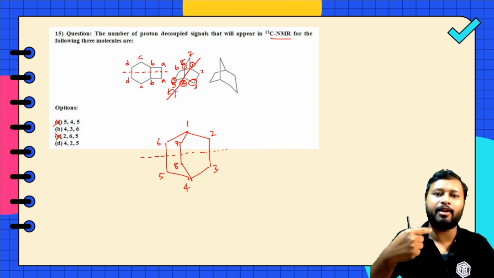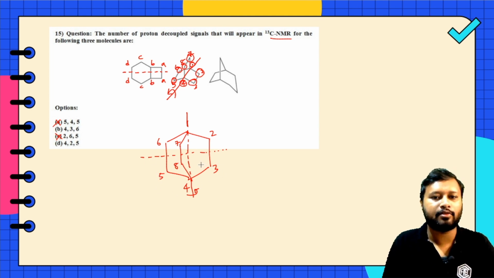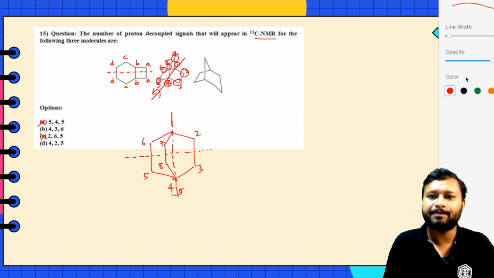It's just like the wings of the fan. In the same way, on the back side, this carbon and this carbon are going to interchange their position. What I'm trying to say is, if I draw an axis like this and rotate it, carbon 6, 7 and 2 are going to interchange their positions, and carbon number 5, 8 and 3 are going to interchange their position. So that means that if I name them like this,